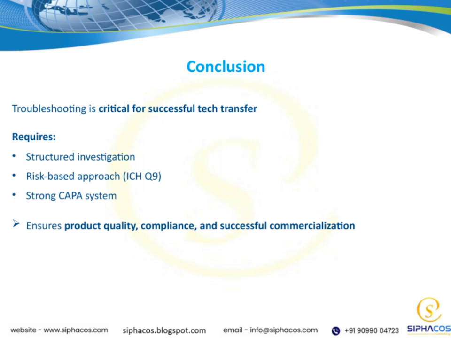And of course, a strong CAPA, or corrective and preventive action system, is essential. It ensures that corrective actions are effective and that we prevent similar issues from recurring in the future. All of these elements work together to ensure that we maintain product quality, stay compliant with regulations, and ultimately achieve successful commercialization. When troubleshooting is approached with these key principles, it supports the overall goal of a smooth and efficient